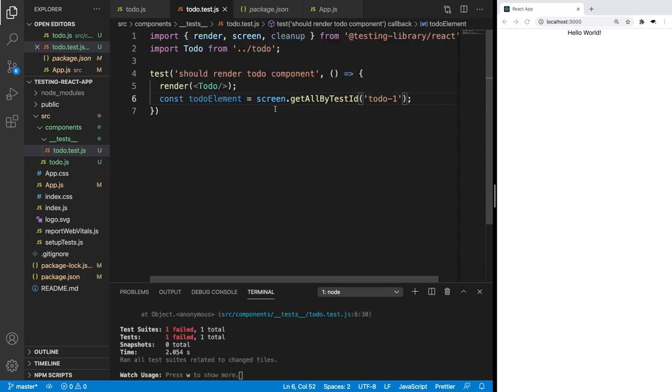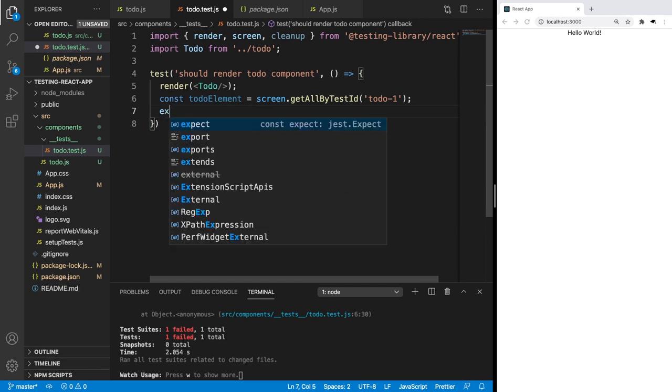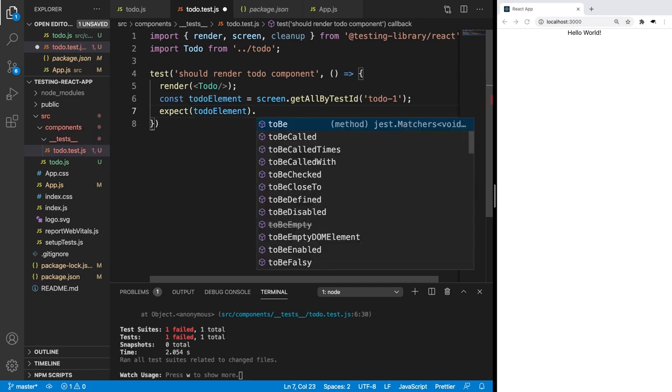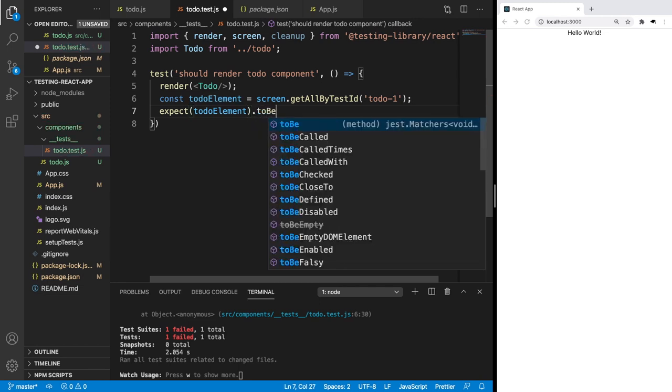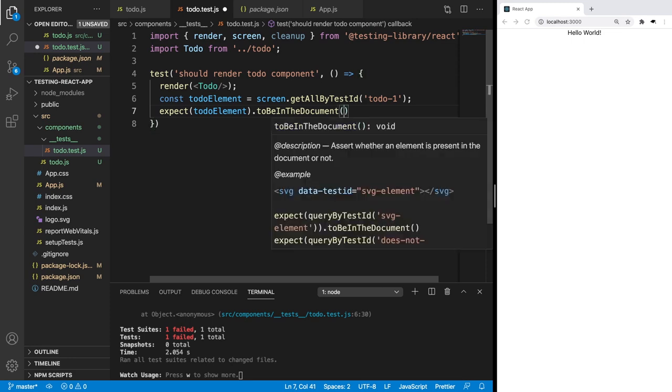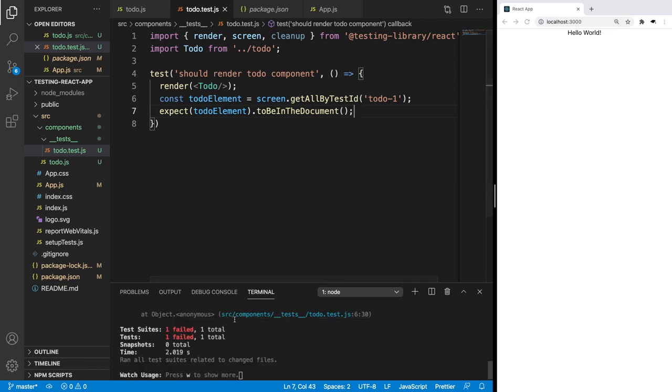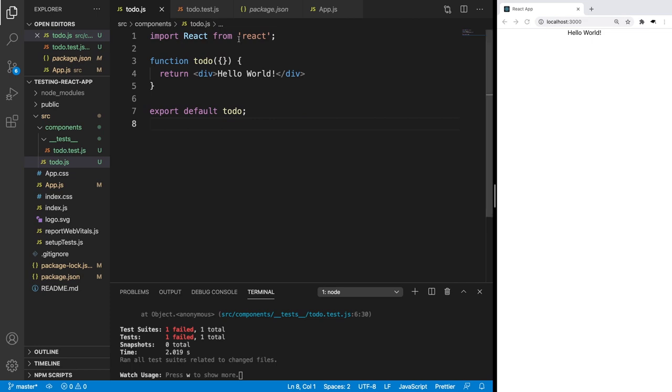Okay, so now that we're doing this, we want to make some assertions on this. So we've set up, we've acted, and now we want to make some assertions. So let's use expect, and we can say todoElement.toBeInTheDocument, and this is going to assert that it's in the document. So this is actually going to fail now because, as we know, we don't have anything with this test ID in the document. So let's go back here, and we're going to give this div a data-testid